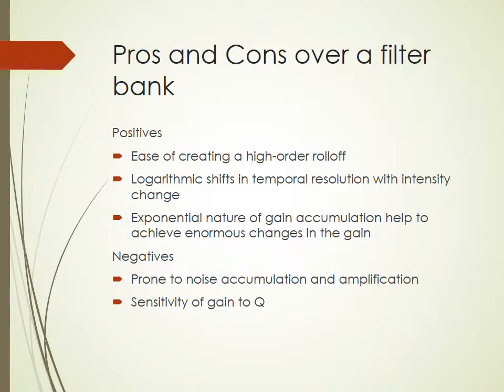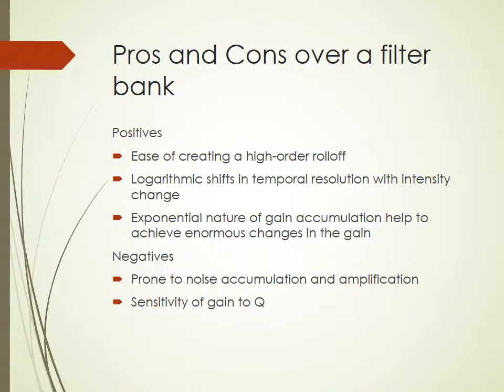However, to accomplish that roll off slope in a filter bank, it requires very high order filters and also a big amount of circuitry at each tap. Whereas in the filter cascade, the burden of creating a high order roll off is shared collectively, so only one new filter needs to be added for each new desired corner frequency. Also, in a filter bank, faint inputs would be sensed with poor temporal resolution and loud inputs would be sensed with good temporal resolution, whereas in a filter cascade, the shifts in temporal resolution change only in a logarithmic fashion with intensity, as opposed to in a linear fashion as in the filter bank.